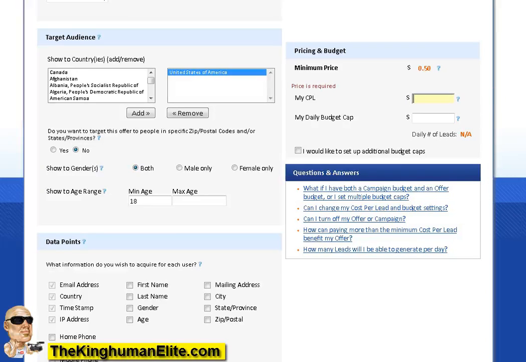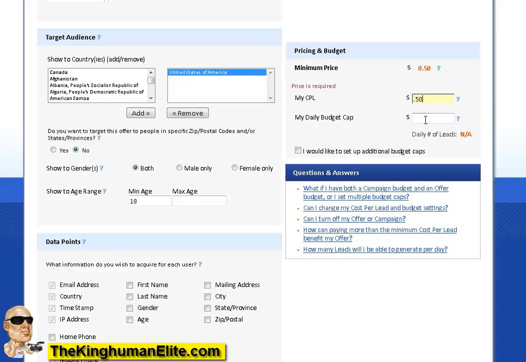So now I need to set my bid price. My minimum bid is 50 cents, and you can certainly do that. You can bid your 50-cent minimum and see how that works. Now, there are people that bid more, and this is a competitive market, but they do have a lot of inventory. If you bid 51 cents, you're going to be getting in line before the guy that bids 50 cents. But go ahead, try the minimum, 50 cents.